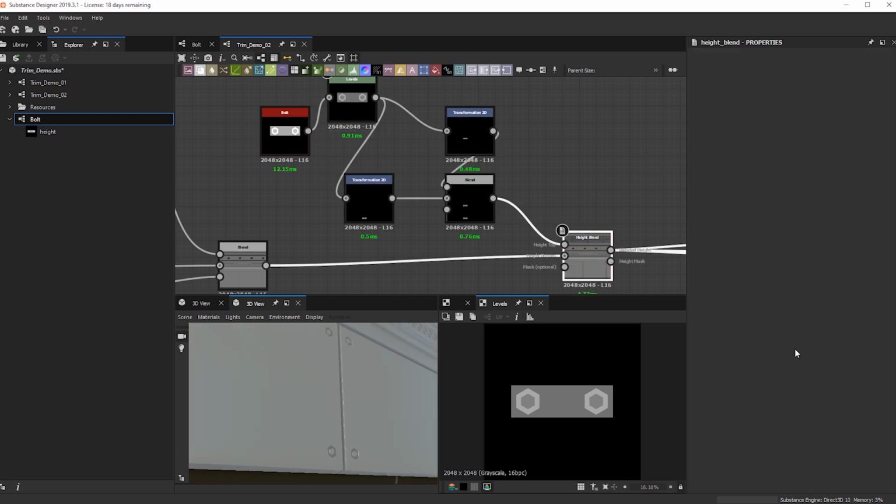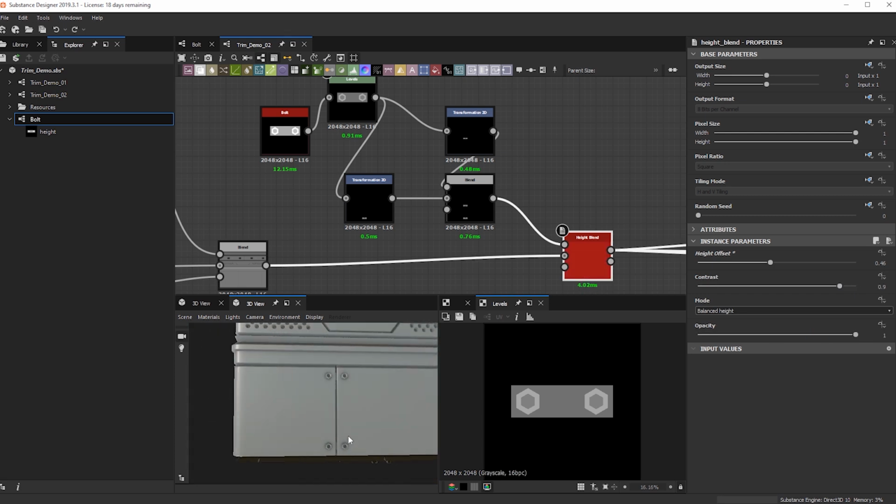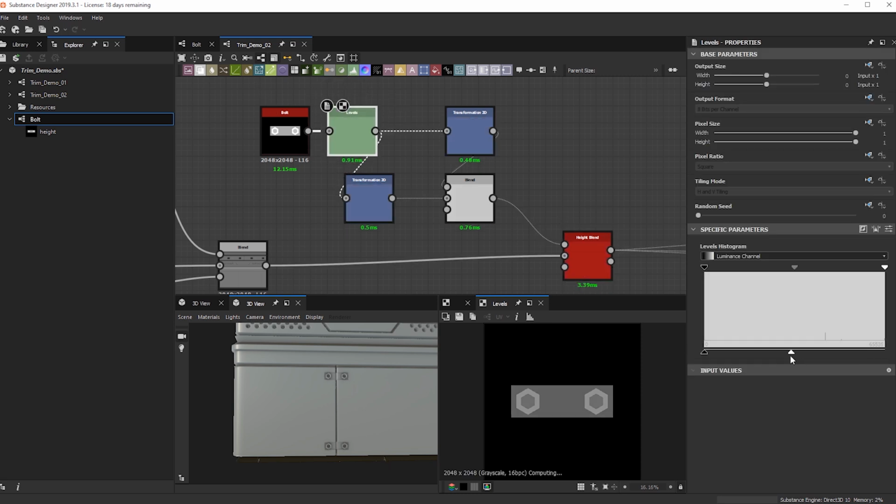Then we can go back into here and start playing with this guy. Maybe we can bring down the contrast, opacity possibly. I'm just trying to find a middle ground here, so that it's not protruding too much.